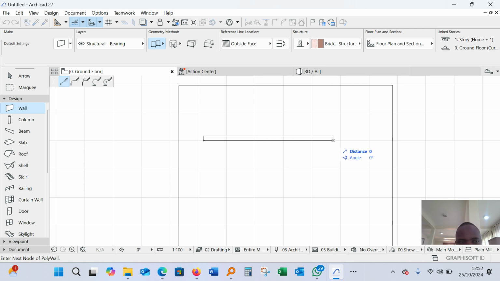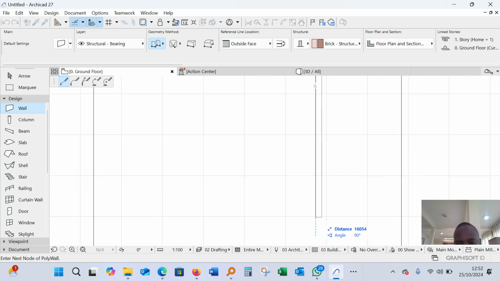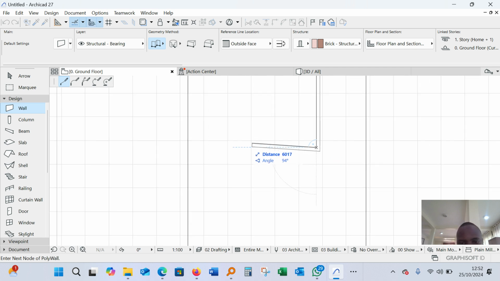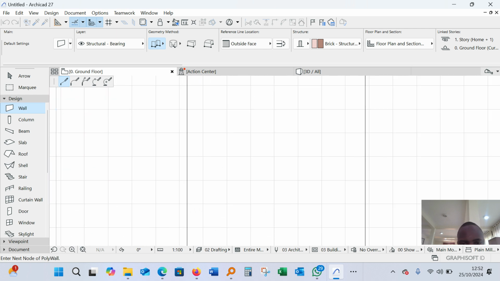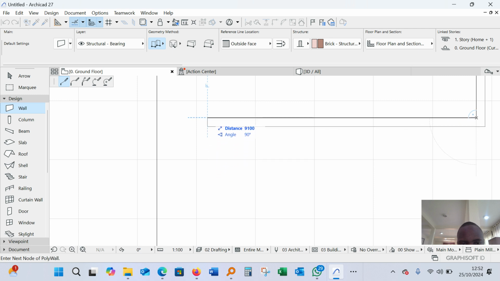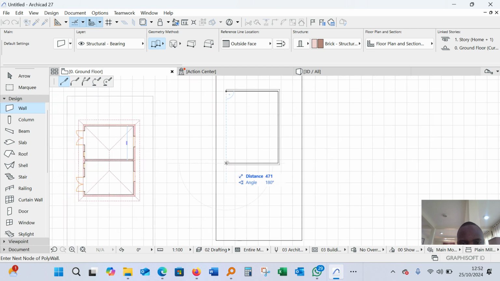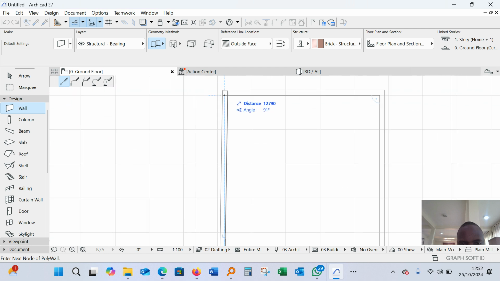If you don't move the cursor, you can just continue to 12.6, which is 12,600 millimeters. Don't leave your cursor. Just a matter of seeing the intersection line for the two walls from up and then